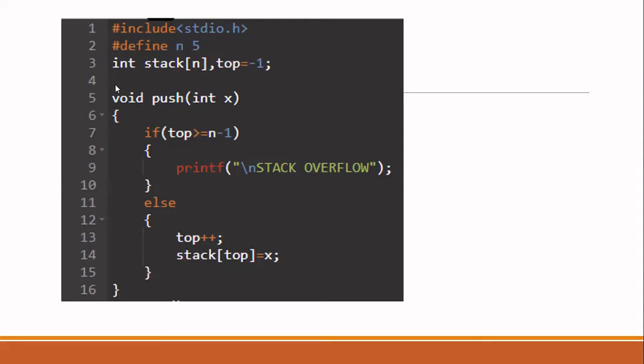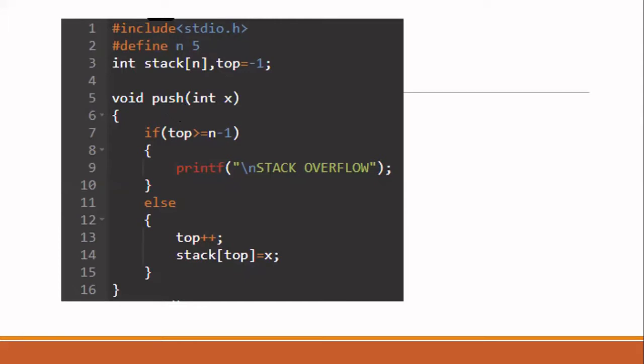Now here I have declared the stack. After that, I am declaring a pointer top. Remember, top should be initialized with -1 only. Right, now we are going to write all the operations: push, pop, and then display. In case of push, we are going to write everything by means of a function only. So I am writing the function as push. In push, I'm going to add an element into the stack.